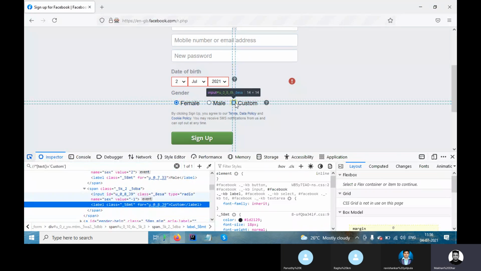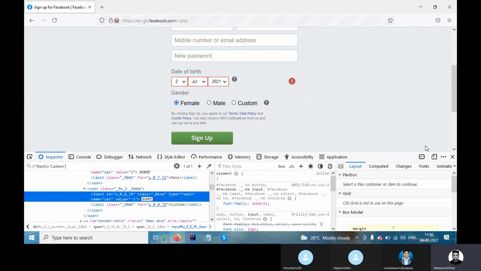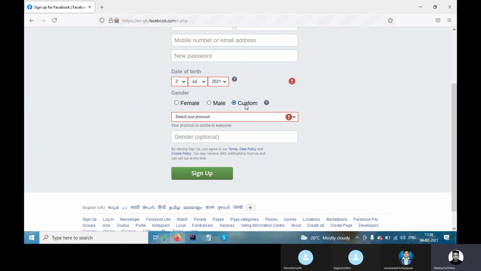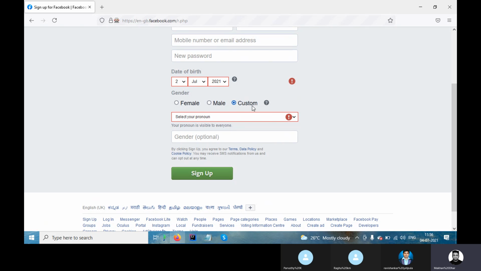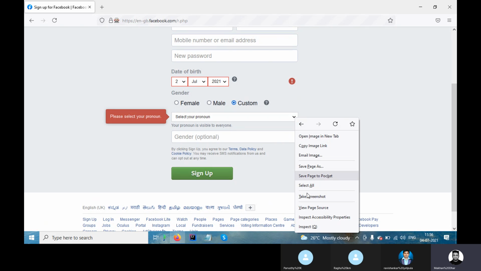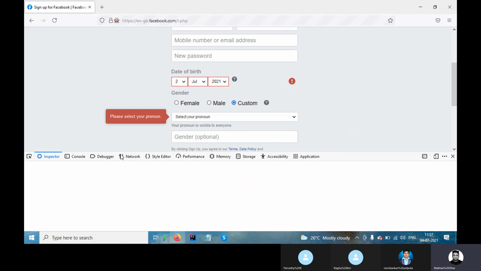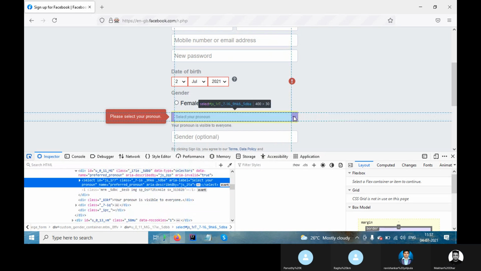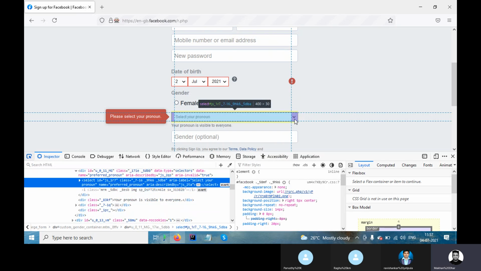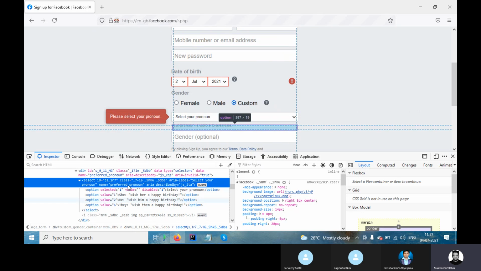Now when you click on this, it is actually opening another page, right? So this is a drop down again. Now you can see it's mentioned drop down. So once you click on this, I should inspect this one, right? Go to this page, click on this cursor, and you can see all these options.